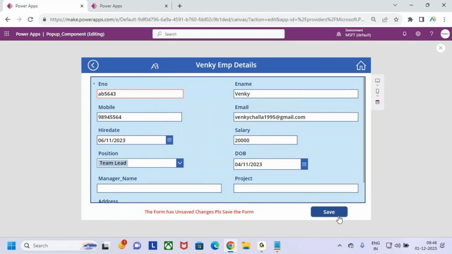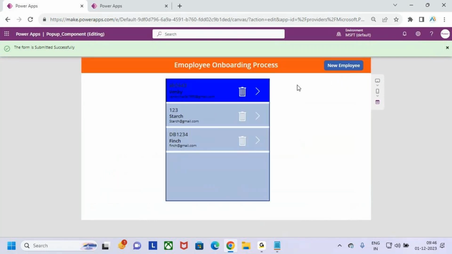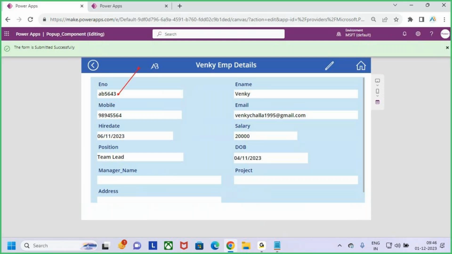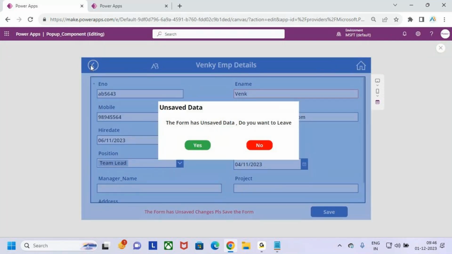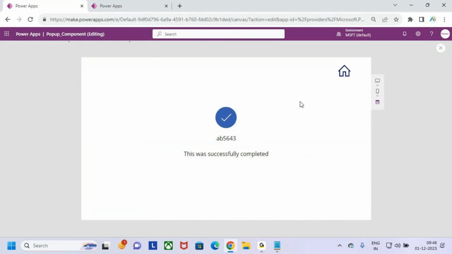Now go and save it. Click on save. Now it will go back. It will give this message: the form has submitted successfully. Now go back. Now you can edit it. Now the changes are updated. If you want to edit it, you can go and edit. If you make any changes without saving and click back, it will throw us a message. When I click on the save button, it will automatically save the data and give the success message. Like this, you can go and create a